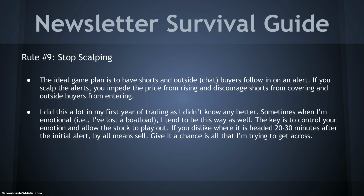I did this a lot in my first year because I didn't know any better. I was bathing in ignorance at that point in time, because I'm thinking, okay, if I get in at X price, well, this thing's only going to go to X plus 5 before it goes back down, and so I do that many times. And in 2012, at least in the first half of the year, every alert was going at least 40 to 50 cents intraday from my entry,